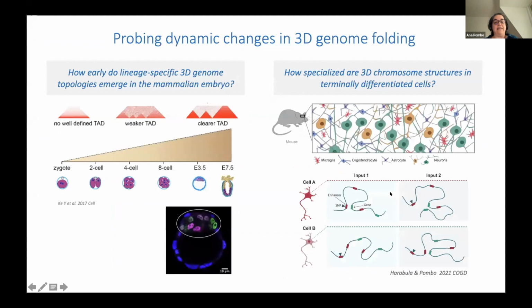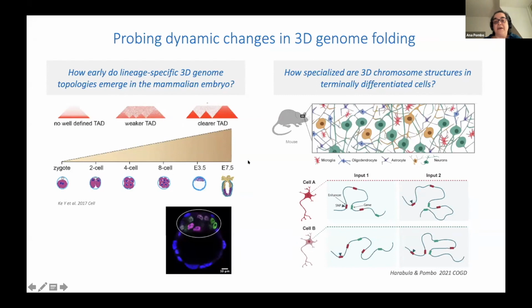So at the moment in the lab, we explore mostly two extremes of mammalian biology. One is to look in early development as the cell of the embryo divides. We know from Hi-C data that the TADs emerge around the blastocyst stage. But at this moment, we don't know if in the cells of the epiblast, which have many different levels of pluripotency transcription factors, the topology is the same or different. This is an area that we are actively working with the GAM technology to explore.